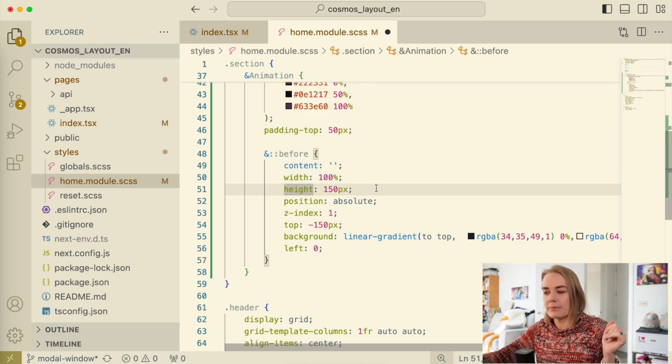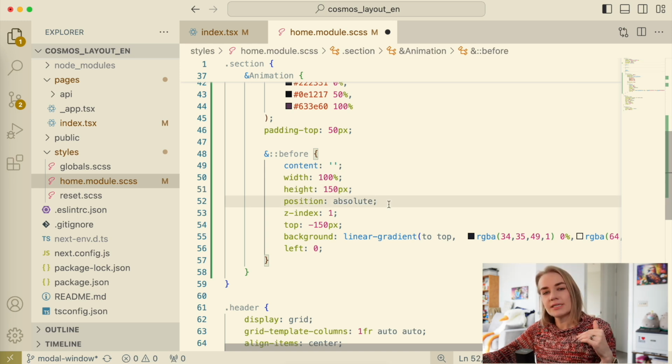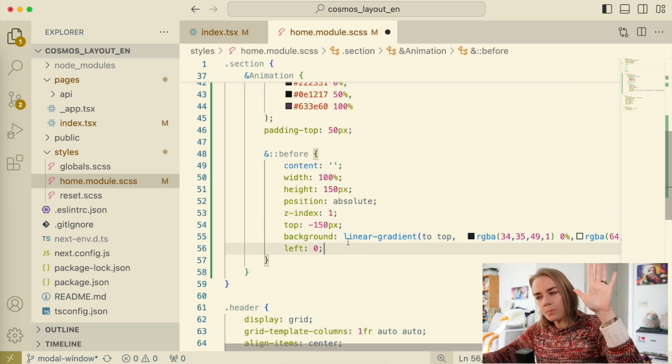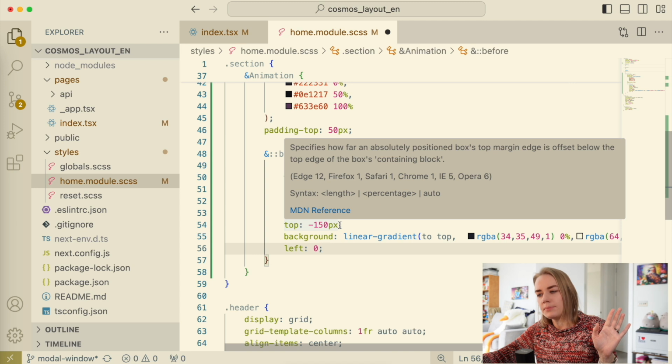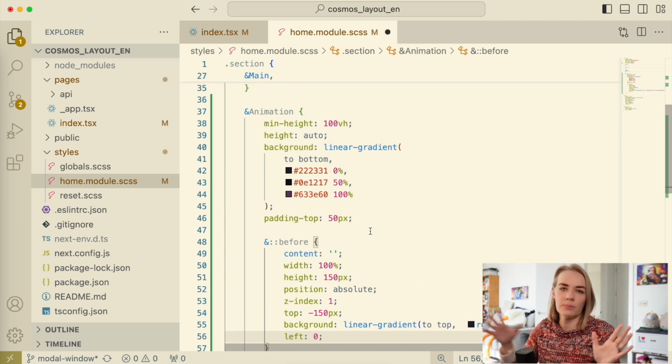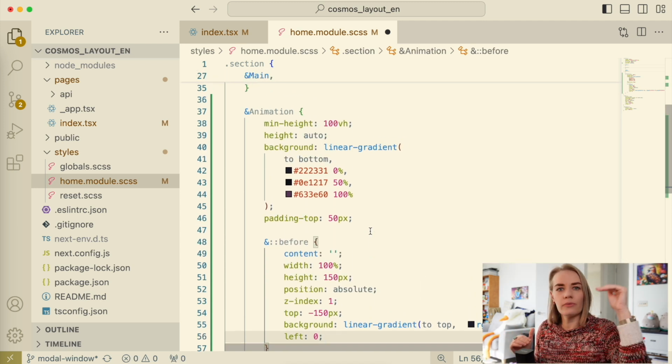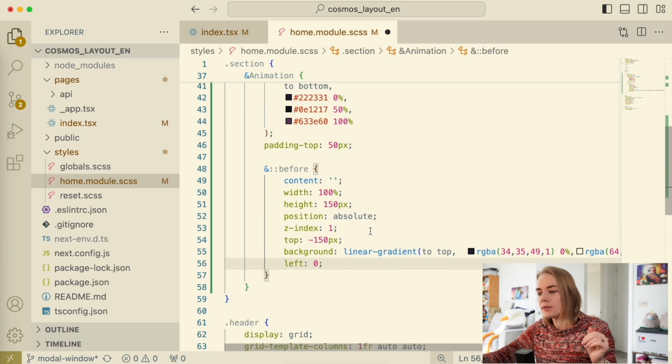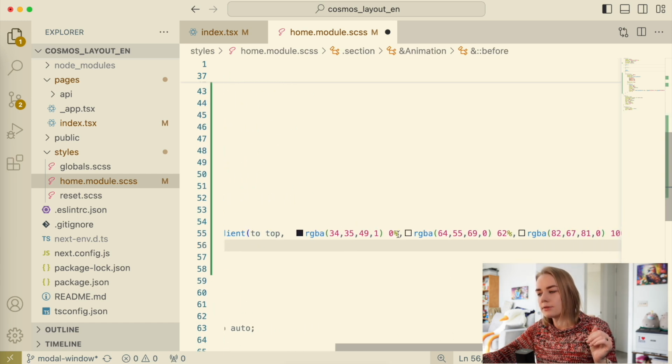I decided to set the height here to 150 pixels, position absolute, z-index, to make it upper, and push it on top minus 150 pixels, because each block has position relative, so top will be 0, and background linear gradient